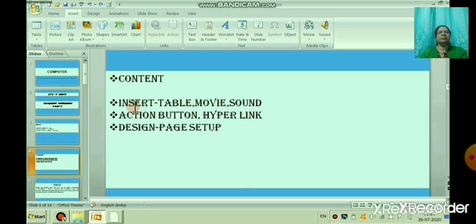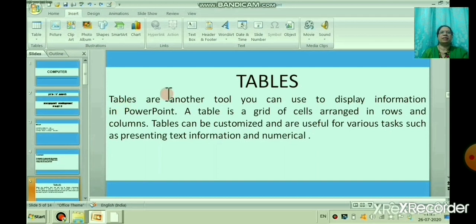In this session, we are going to learn in the Insert tab, Table Options, Action button, Hyperlink. So what is a table? Tables are another tool you can use to display information in PowerPoint. A table is a grid of cells arranged in rows and columns.